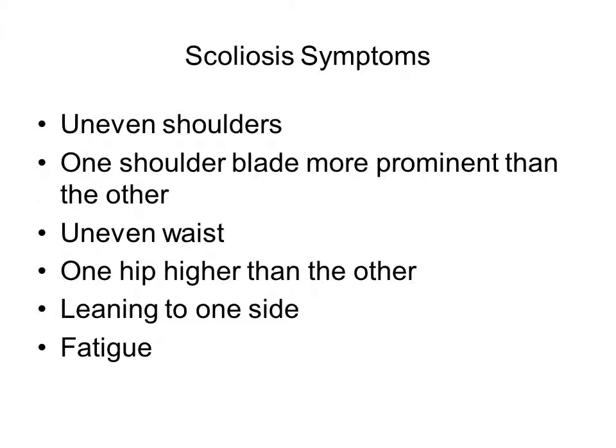So scoliosis symptoms, again, you're going to have uneven shoulder blades, or one shoulder blade sticks out more than the other. You're going to be looking at uneven waist, one hip higher than the other. Maybe they're leaning to one side. And people also have fatigue